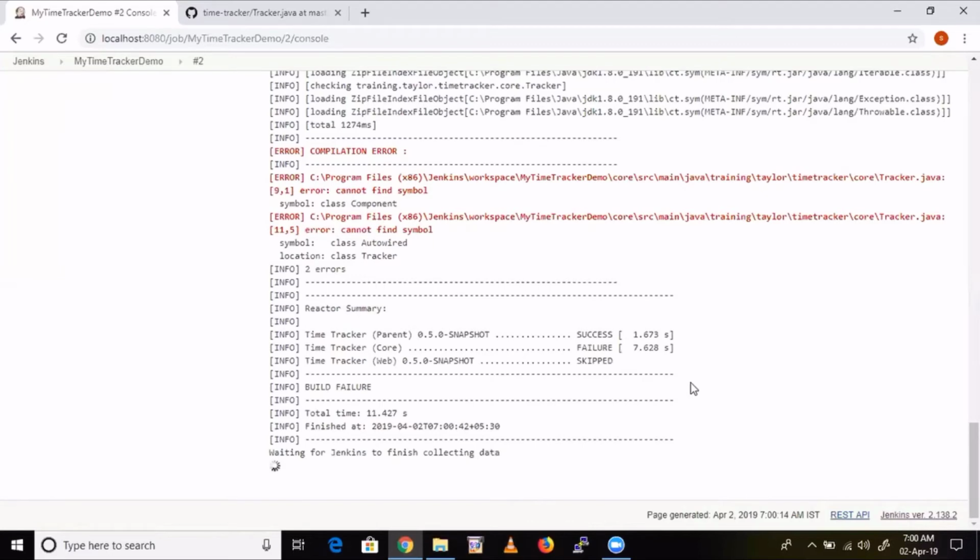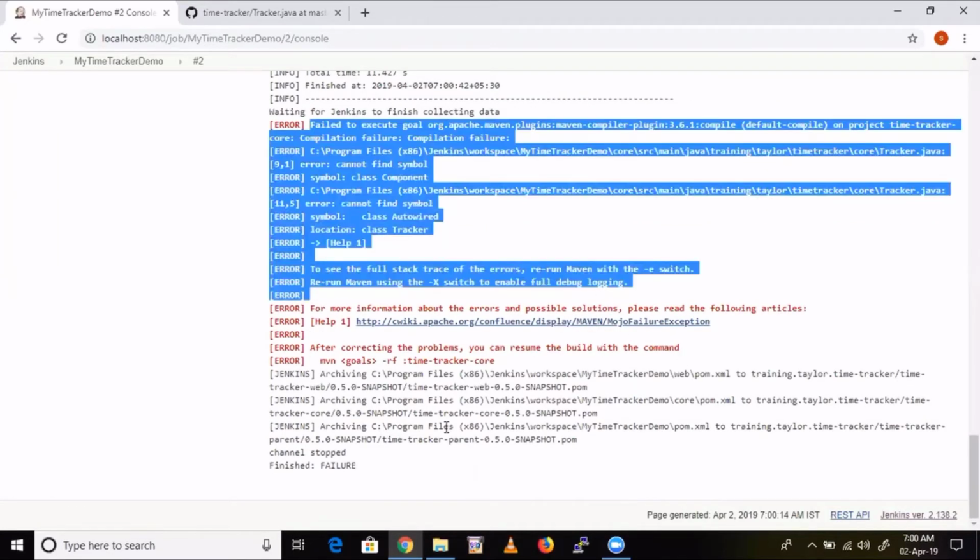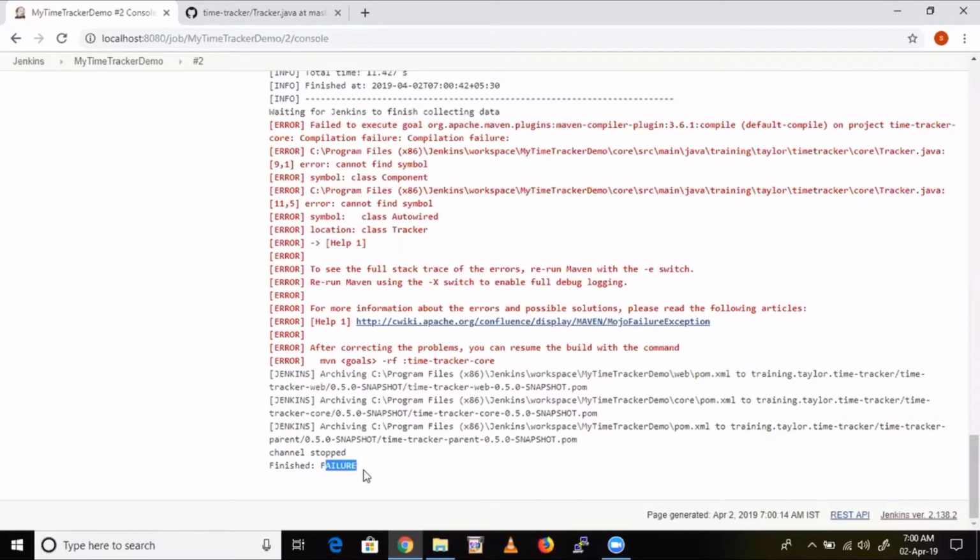You can see, guys, some errors are there. See, this is the error section. Now, finally, what is showing? Build is failed.